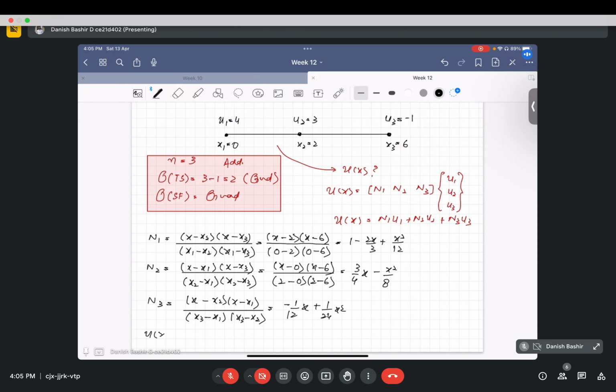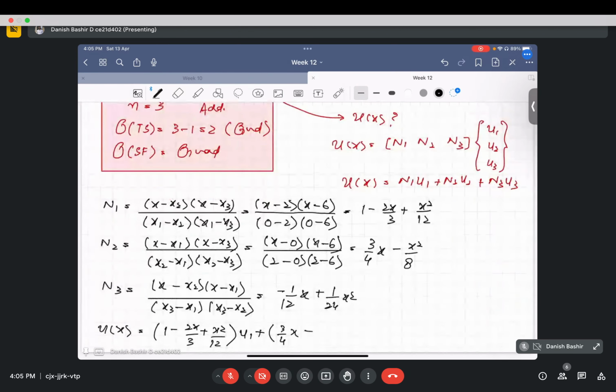So u of x is equal to N1 u1 plus N2 u2 plus N3 u3. What is the value of N1? N1 is 1 minus 2x by 3 plus x square by 12, times u1. What is the value of N2? N2 is 3 by 4 of x minus x square by 8 of x, times u2. What is N3? N3 is minus x by 12 plus x square by 24 of